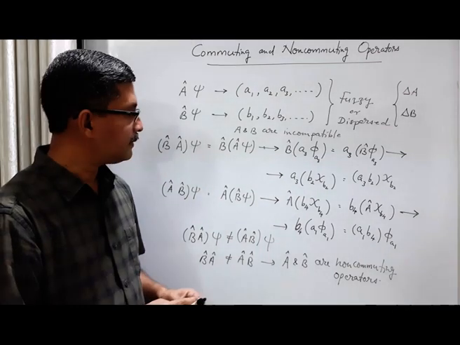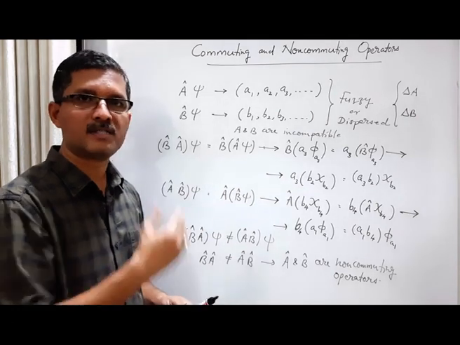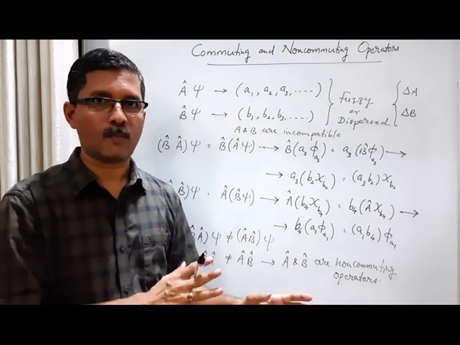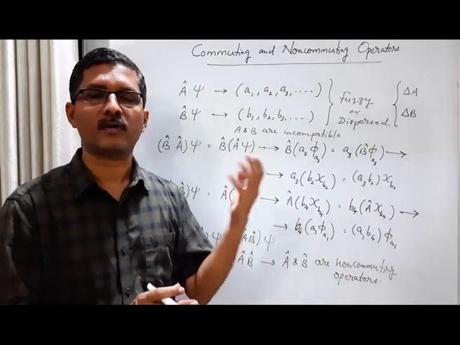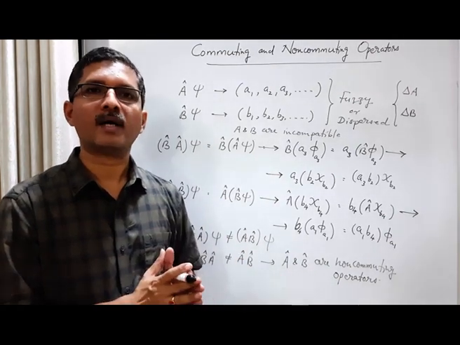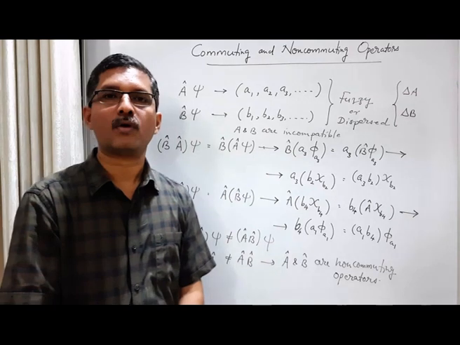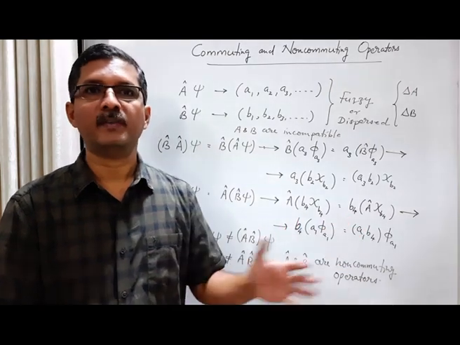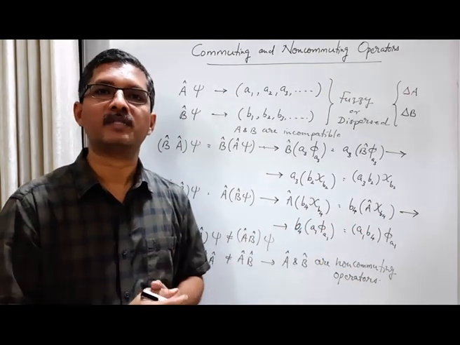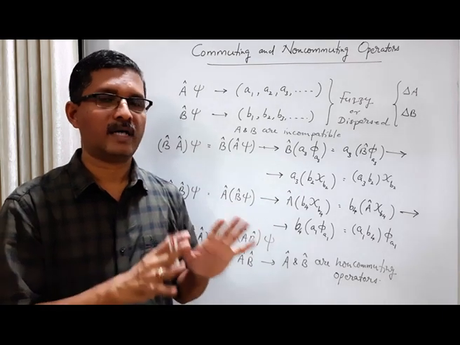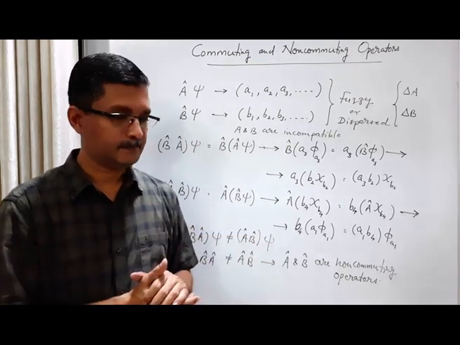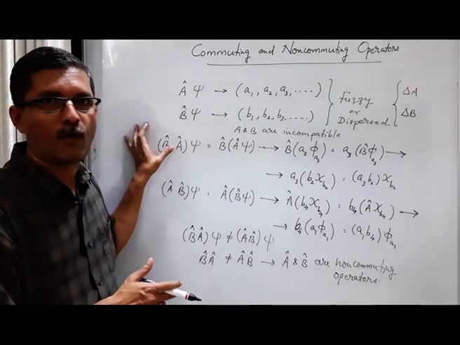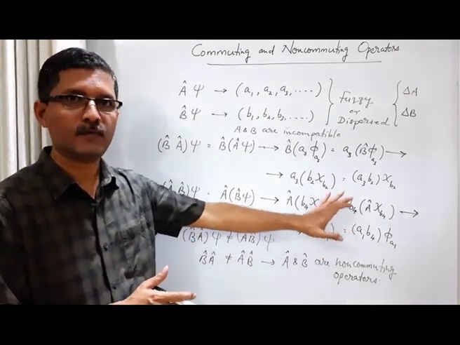We considered a third possibility also, that the state psi is an eigenstate for one of the operators, let us say A, and it is not an eigenstate for the other operator B. You can try it on your own. There A will be sharp, whereas B will be dispersed. Again, A and B are incompatible quantities because they are compatible only if both are sharp. And there also you can show that when you change the order of operators, you will end up with different results, different final states.